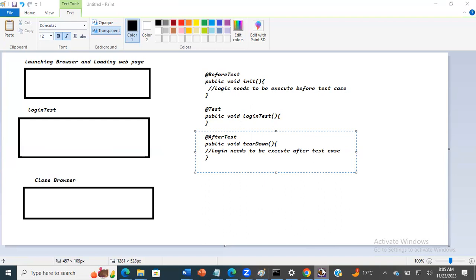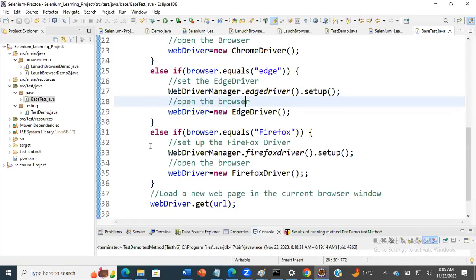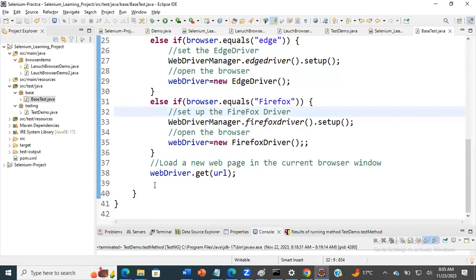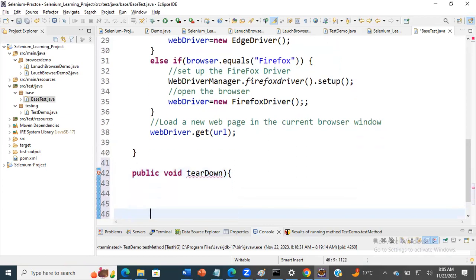So now we move to our Eclipse IDE. Here we define one more method. After that, we define one more method, public void, and I give the method name tearDown. Inside this method, let's